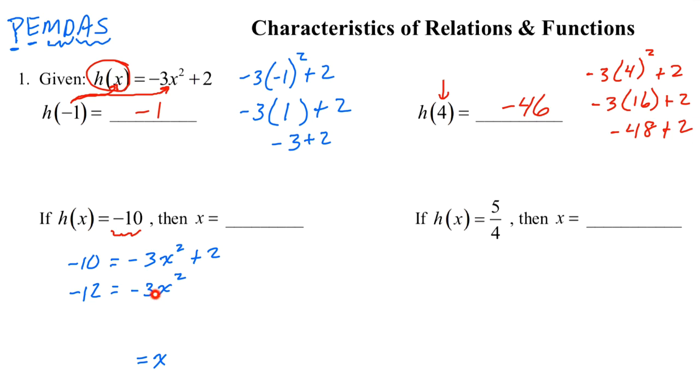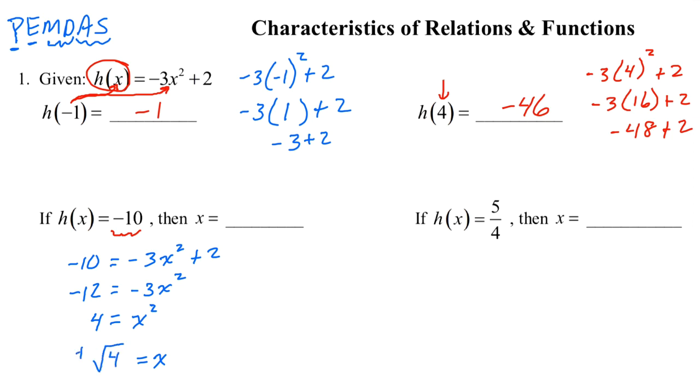Then in between here you have a multiplication, and then here you have a square. Well, doing PEMDAS in reverse, you do multiplication before exponents. So we're going to undo the multiplication by dividing by negative 3. Negative 12 divided by negative 3 is positive 4. And then your last step is to get rid of the square by taking the square root